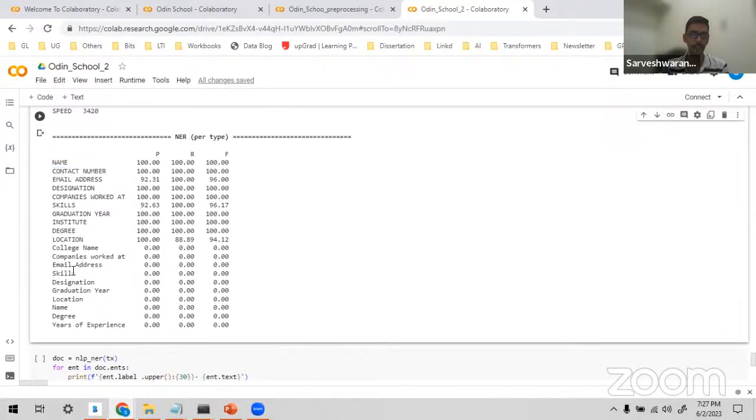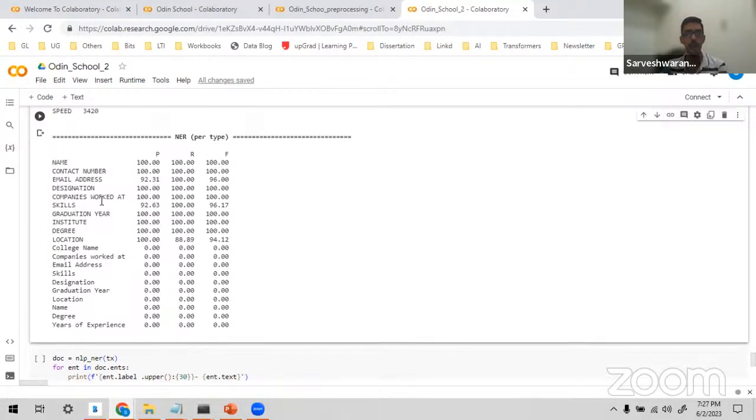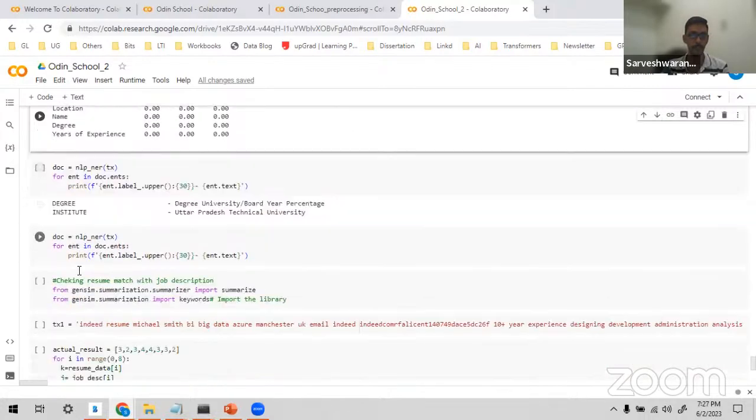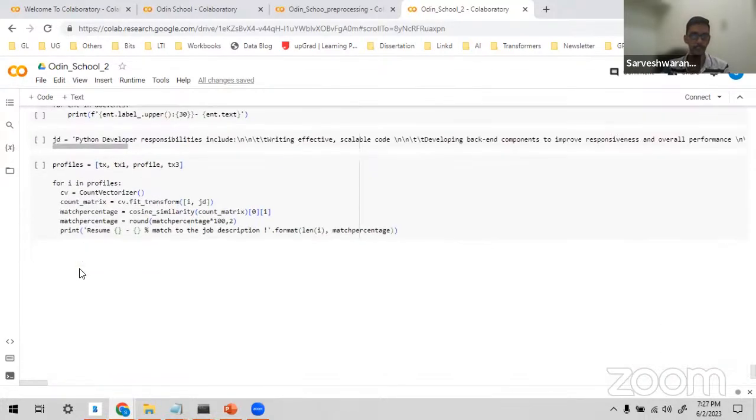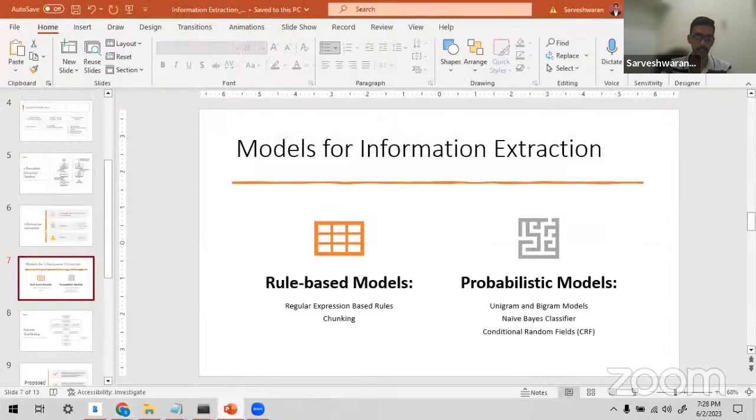The challenge that I faced was that some entities were in lowercase, in smaller case. All of this again had to be pre-processed, and I have a different working file. This is just for a demo, showcasing how uppercase and lowercase make an impact. We have done a lot of processing, and I've used a count vectorizer.